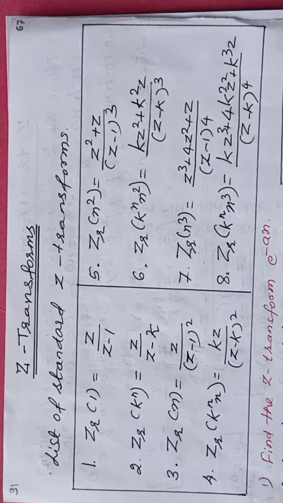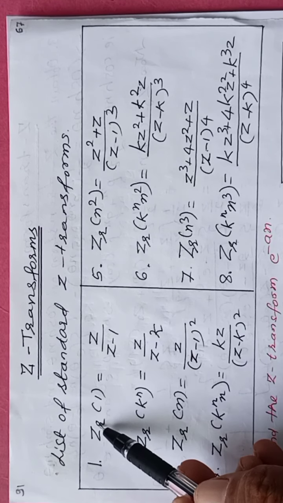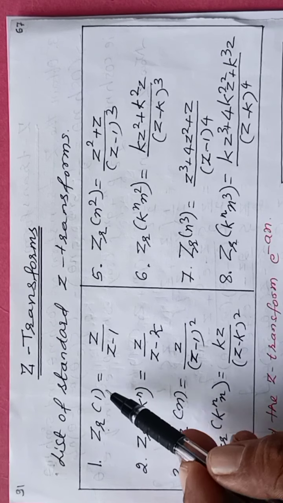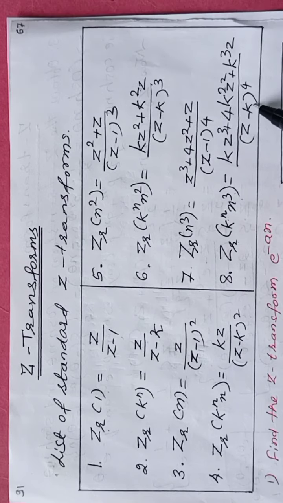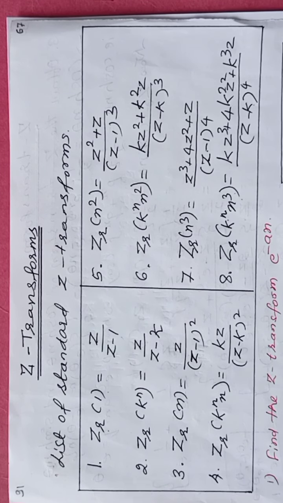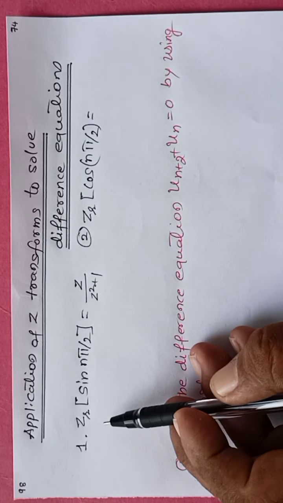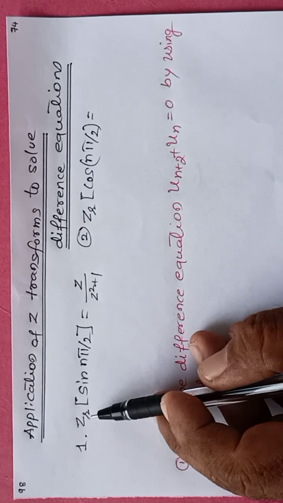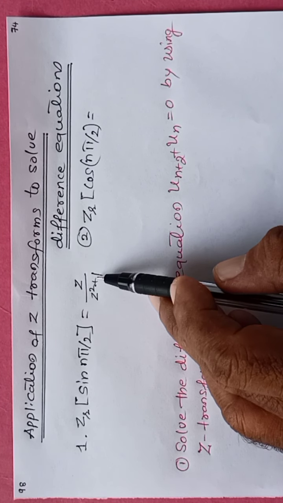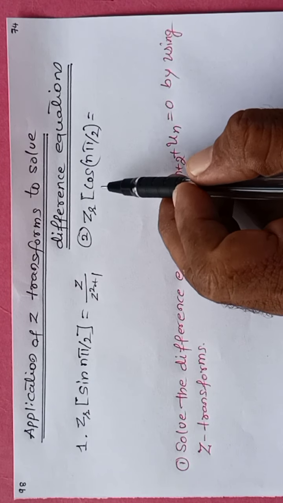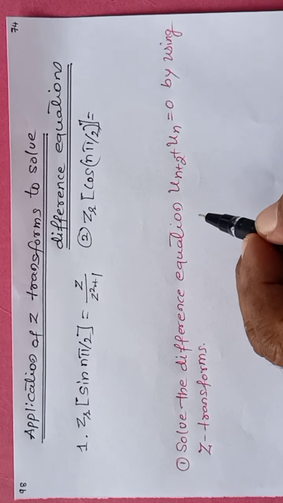So far in session number 67, we discussed some applications: Z transform of 1 is equal to z upon z minus 1, and Z transform of k raised to n, like this. Some 8 applications we observed already. To solve this difference equation, we have to add some more applications, that is Z transform of sin n pi by 2 is equal to z upon z square plus 1, and Z transform of cos n pi by 2 is equal to